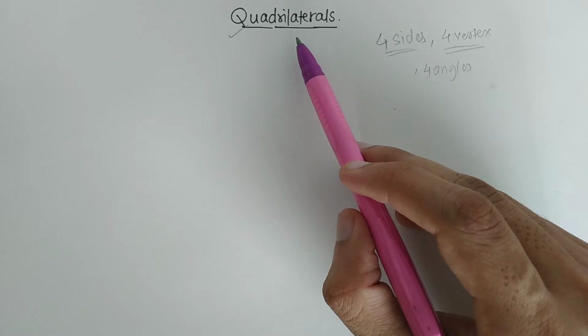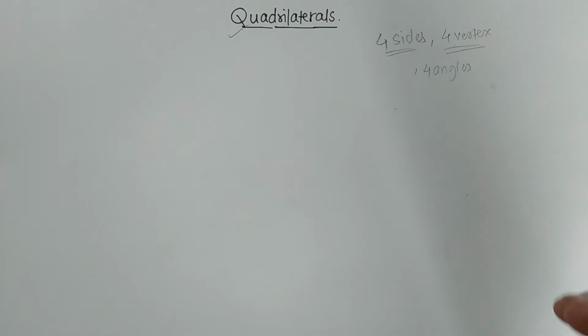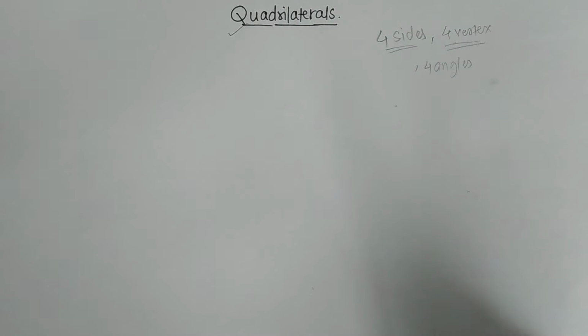Okay, so in this chapter we are going to see how we can construct a quadrilateral. There are 4 methods to construct any quadrilateral. In this lecture we are going to deal with the first method. The first method is applicable when the dimensions of all the 4 sides of a quadrilateral are given, and also the length of one of the diagonals must be given. In that case we can apply the first method of drawing a quadrilateral.